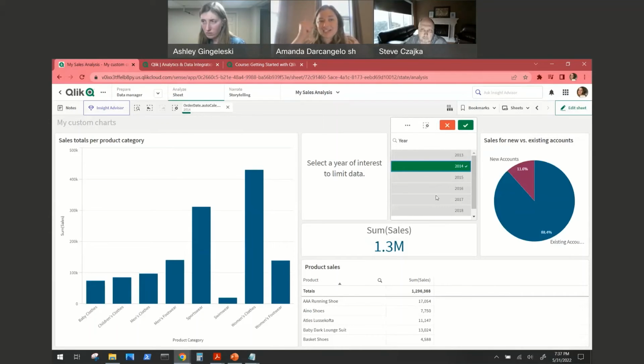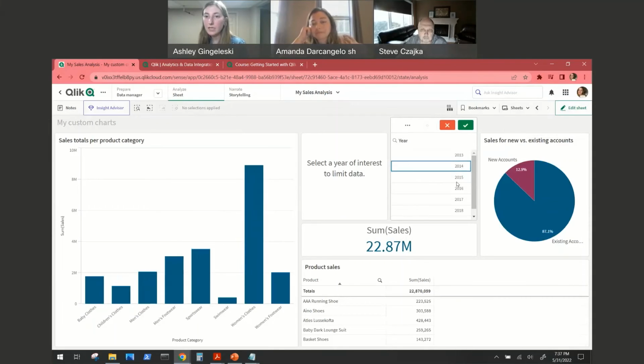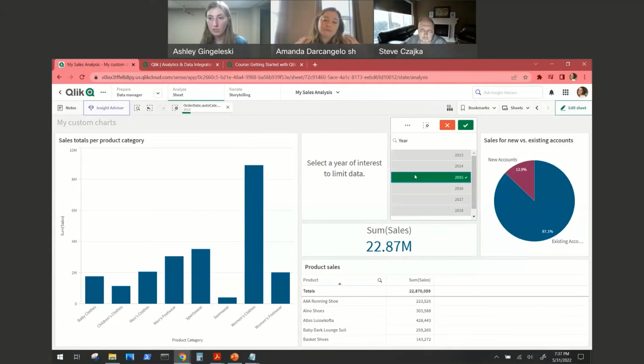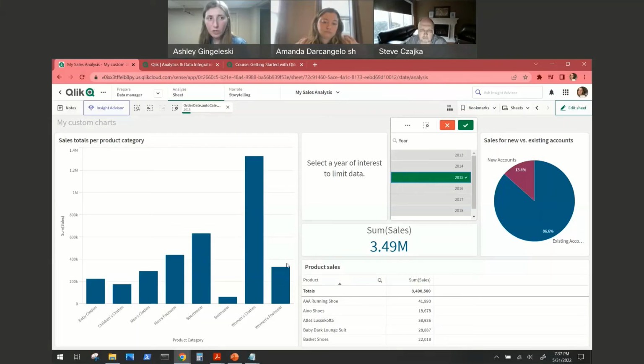So then for this, I'm sorry, I feel really bad because I couldn't remember if it was a thing that we could do from here or if we need to go into something else for it. For the different categories that you're setting up, if you have something like this where you have a question that you're posing to whoever's interacting with the data for what they want to look at, so if we wanted to take all the data that we have here and say, hey, we just want to look at maybe 2015, you can get that data and then